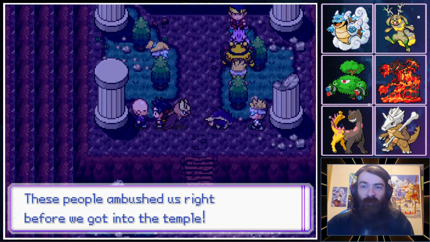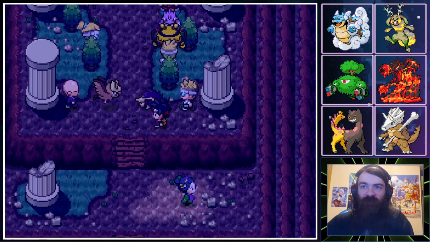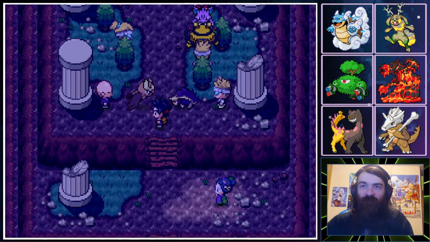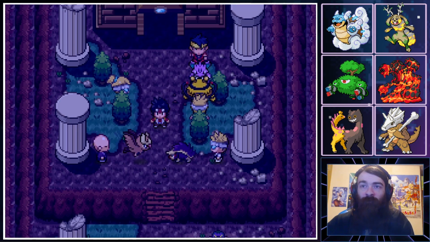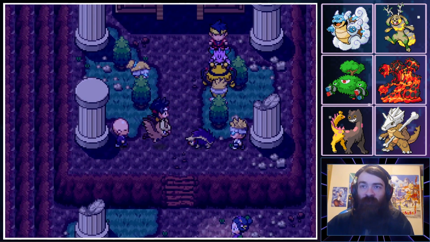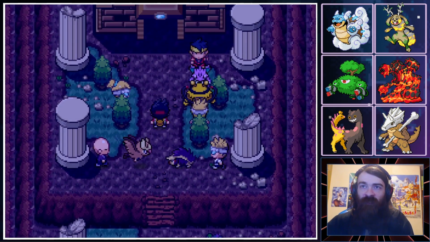People ambushed us right before we got into the temple. Battle has already been decided. Can I just, like, push his Skuntank over to help the Noctowl? No? Okay. Electivire versus Nidoking as well? Okay, well, Nidoking should win that one. This is a more even fight as far as I'm concerned. I think Skuntank probably wins it, because Noctowl is kind of sucky, but...